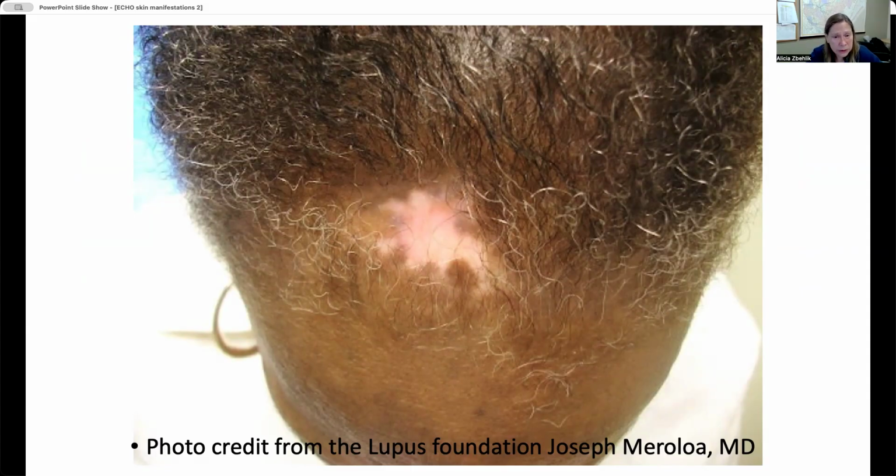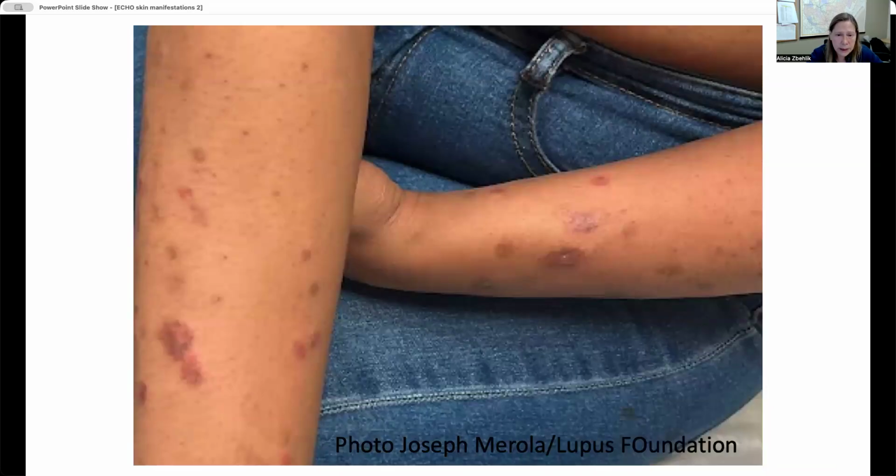There's some hair regrowth around the central clearing spot, but the element of follicular involvement will probably lead to permanent scarring and alopecia in that central area. So, next slide. Again, one of the tricks you can do sometimes, especially in skin with increased melanin, it's easier